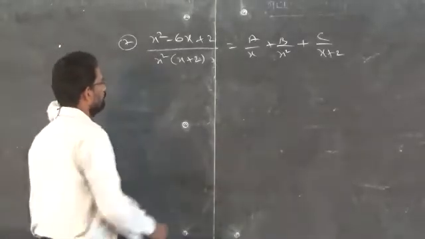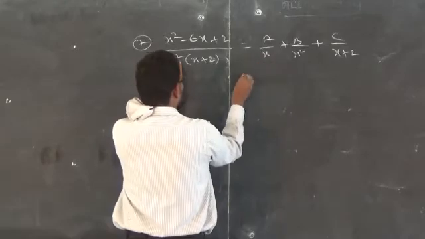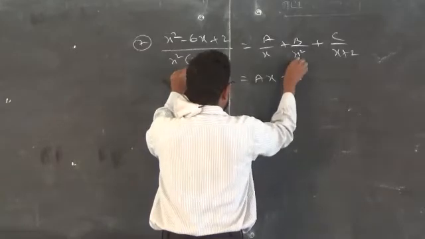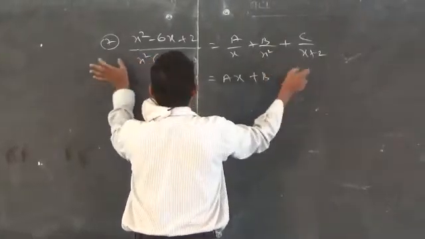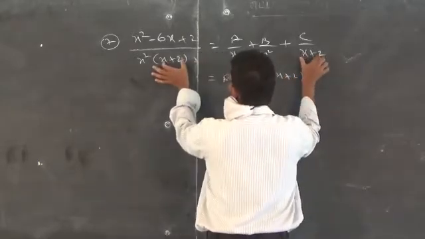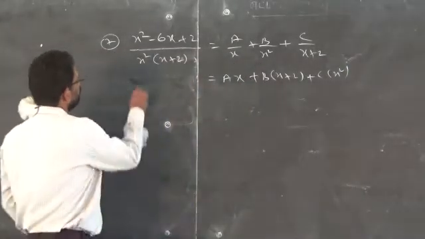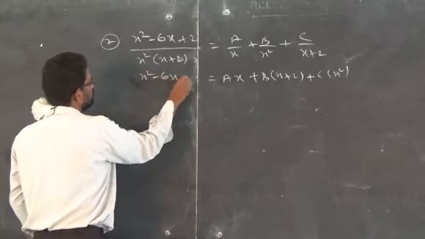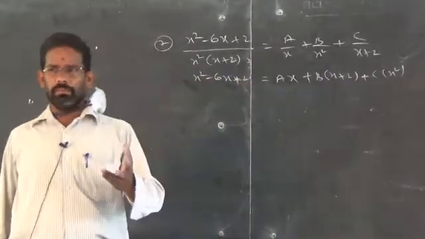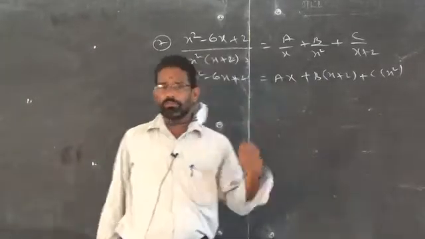Now as usual, compare. Here x is repeated 2 times, but here x is repeated only 1 time, so 1 factor remains. There will go the next one, x square is totally removed, x plus 2 and here x plus 2 is common, so c x square. Clear? Then x square minus 6x plus 2. Then as usual method, you replace x by any number so that you make a number of zeros, then it will be very easy for you to find the solutions.